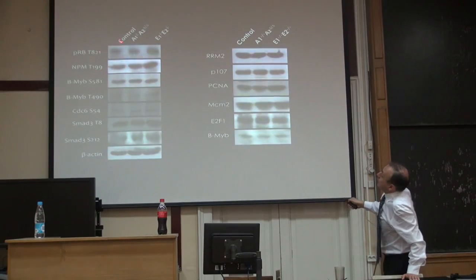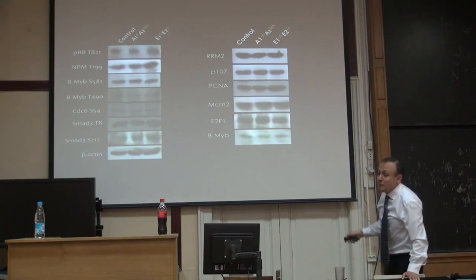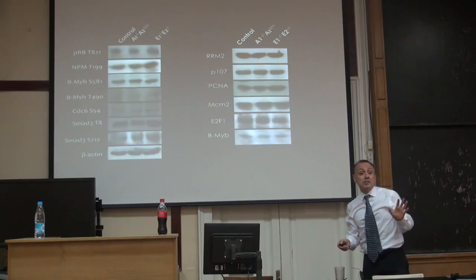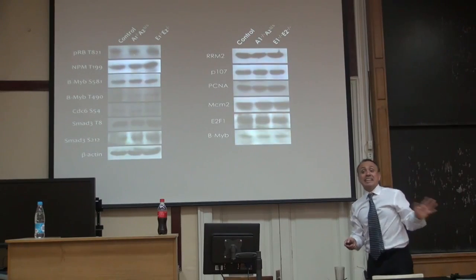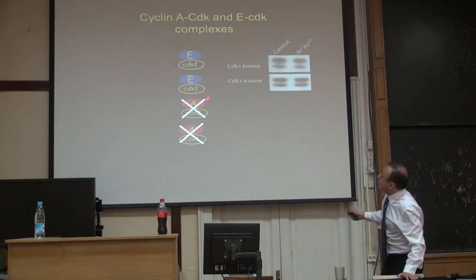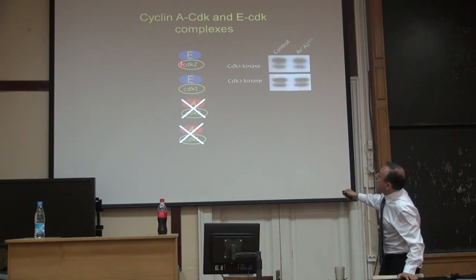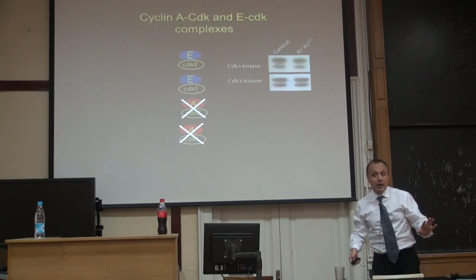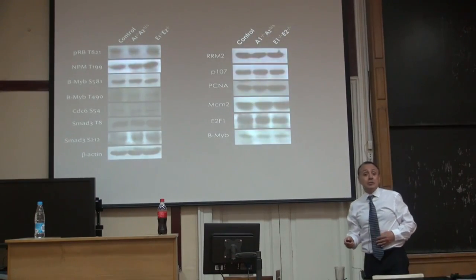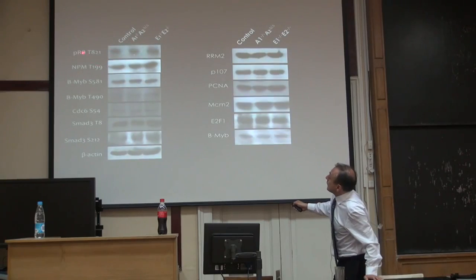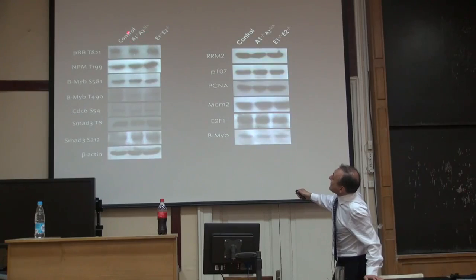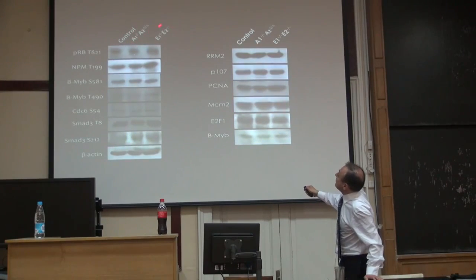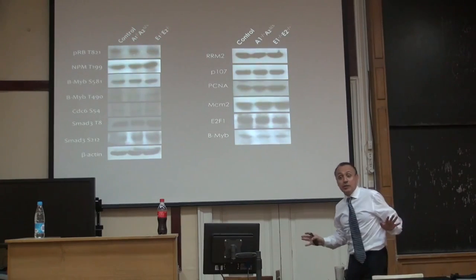So here we have several proteins using phospho-specific antibodies, and some of those phosphosites are specific for cyclin E CDK2, some for cyclin A CDK2. I did mention to you that the notion was that these blue circles and red circles phosphorylate different proteins. But it turns out this is not the case, because this is phosphorylation of those substrates in wild-type cells. This is in cyclin A knockout cells, and this is in cyclin E knockout cells, and they are perfectly normally